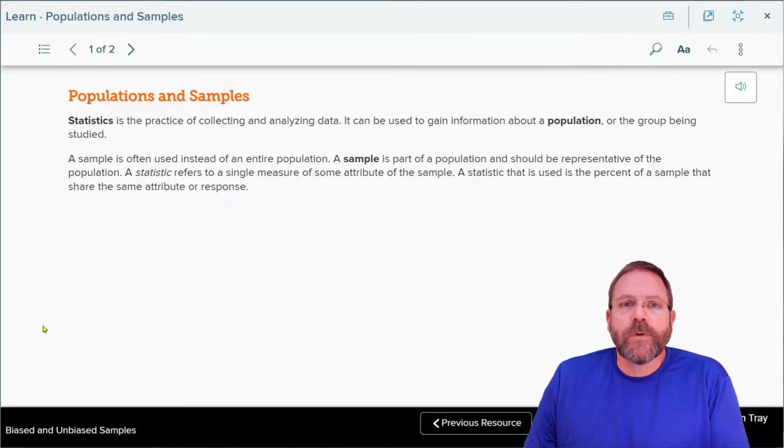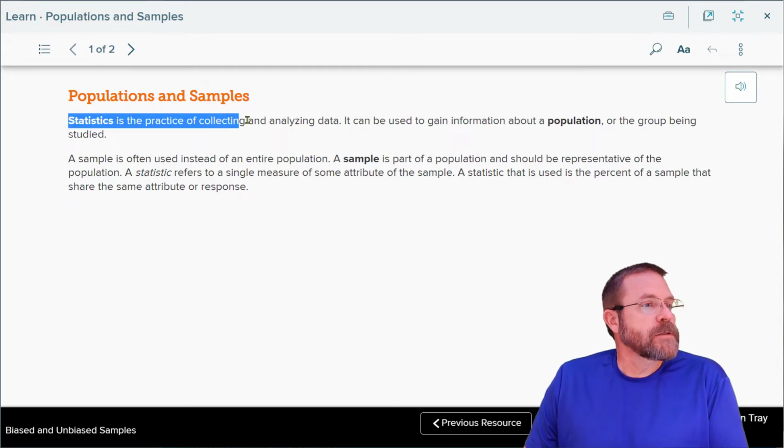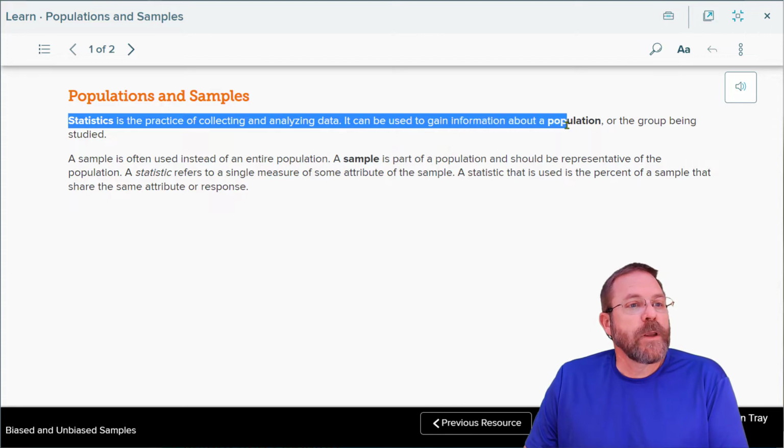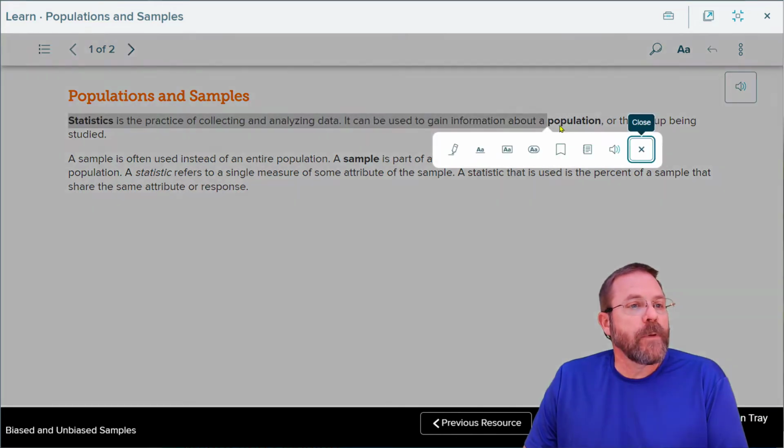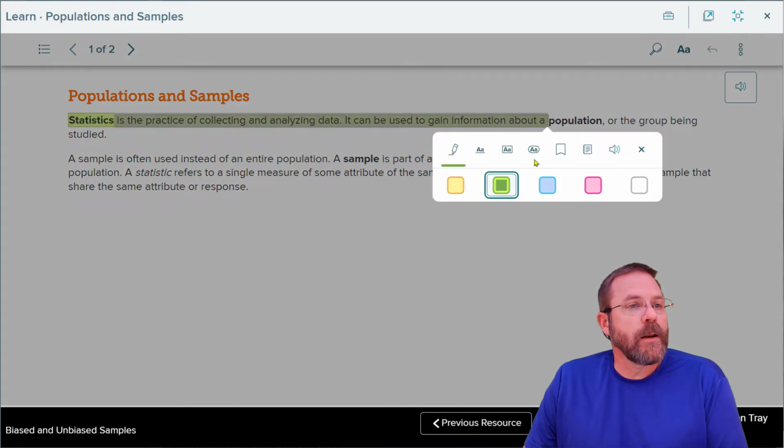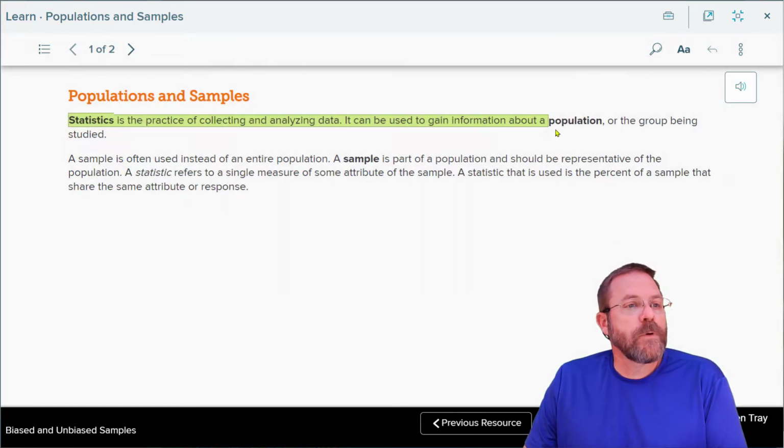Let's get into some real definitions here. Statistics is a practice of collecting and analyzing data. It can be used to gain information on a population. And of course, a population, we'll highlight that. I'm going to highlight the population one separately. Population is defined as a group